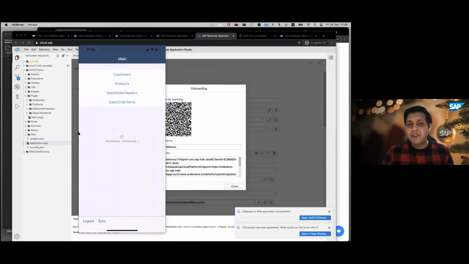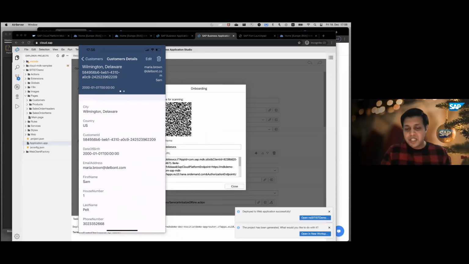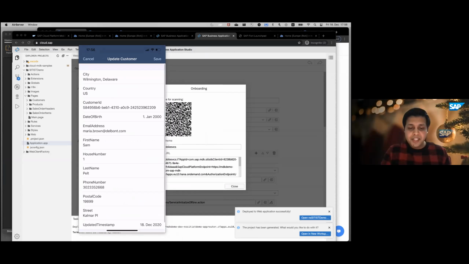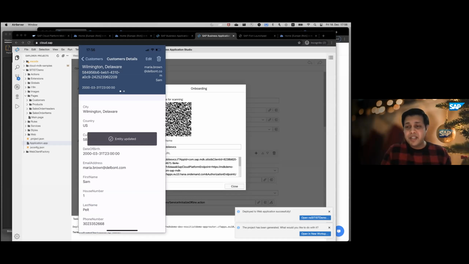So what is happening now is the application is now initializing the offline store, and it has downloaded all the data that I have defined during the project creation. So I can now access the customer, for example, here, and this is the native application, and the controls here are the native controls. So for example, if I go to this customer and then add this customer, this is the date picker control from our iOS SDK, and then I can make a change in it,